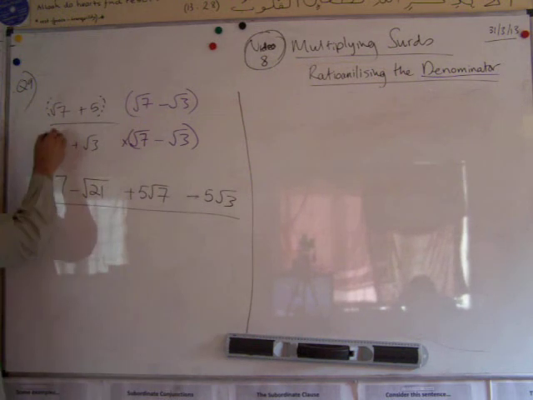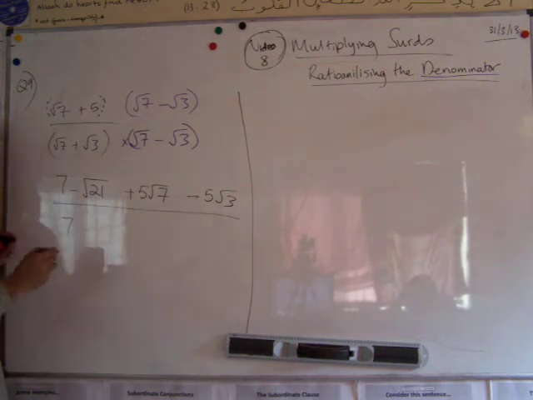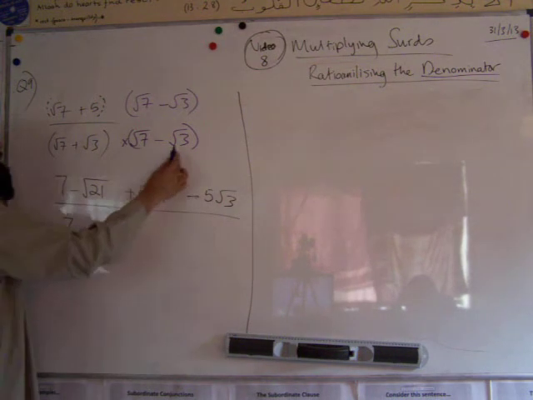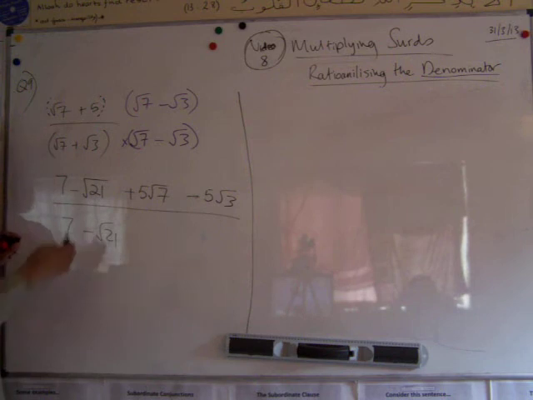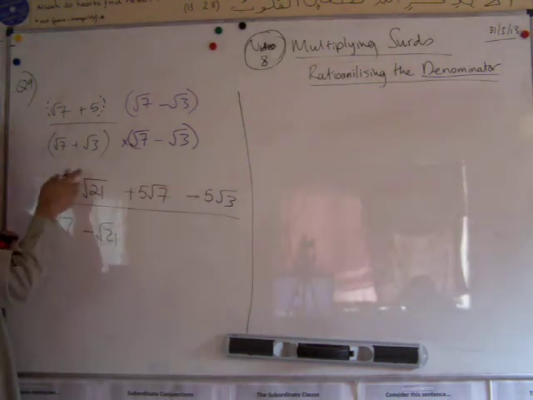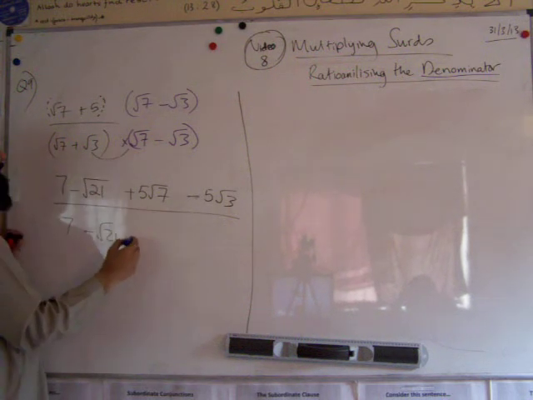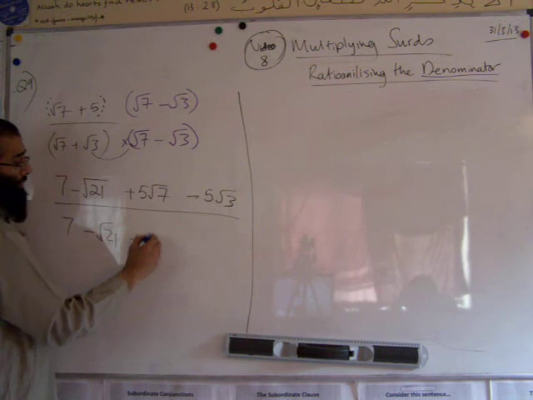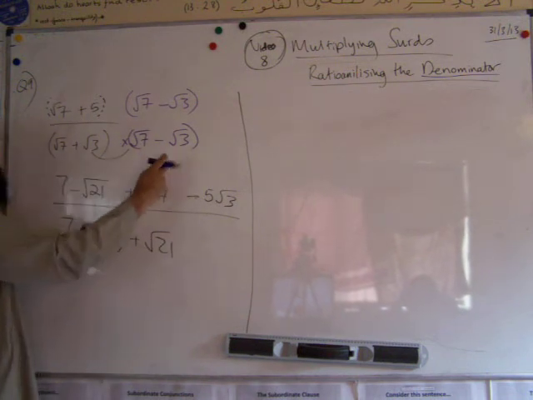The bottom part, put some brackets there. Root 7 times by root 7 will give you 7. Root 7 times by minus root 3 will give you minus root 21. Because the 7 and the 3 become 21 inside the surd and the minus outside. Next, plus root 3 times by root 7 is plus root 21. Plus root 3 times by minus root 3 will give you